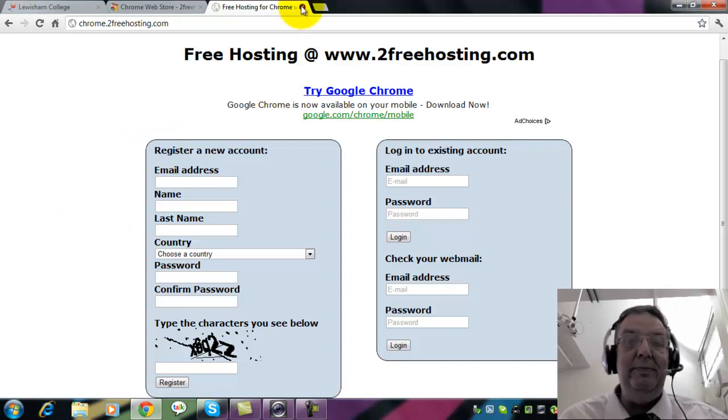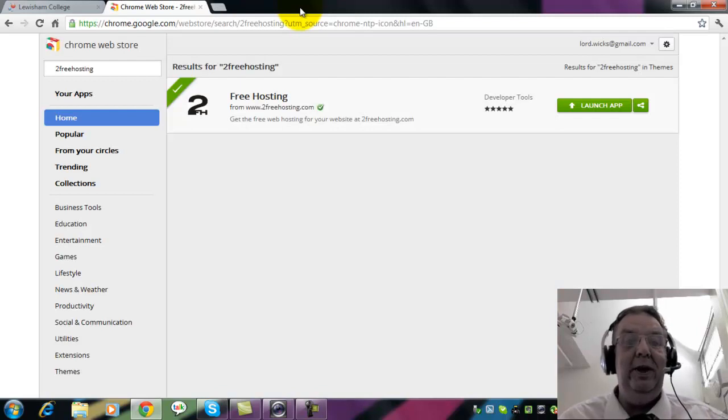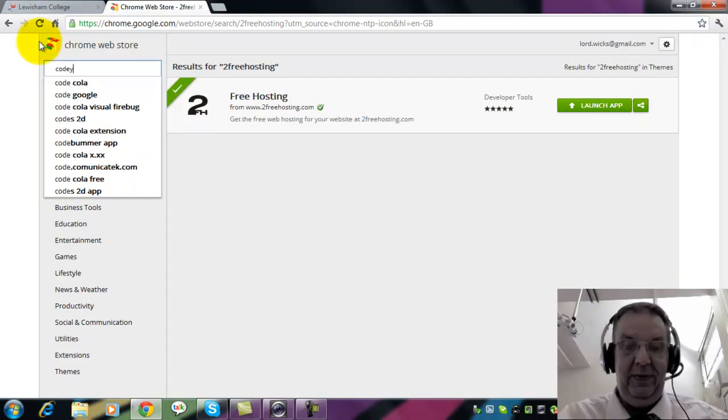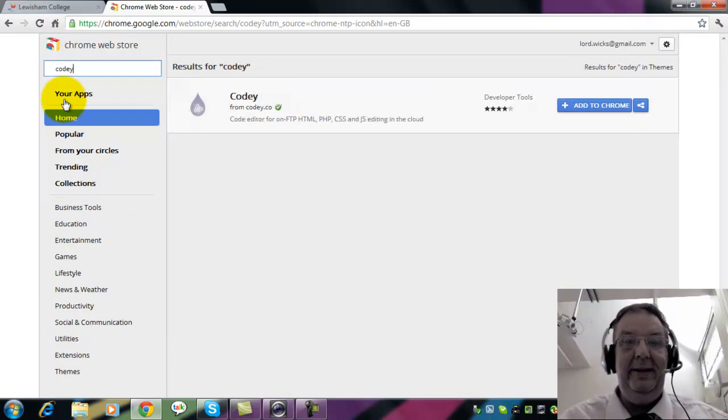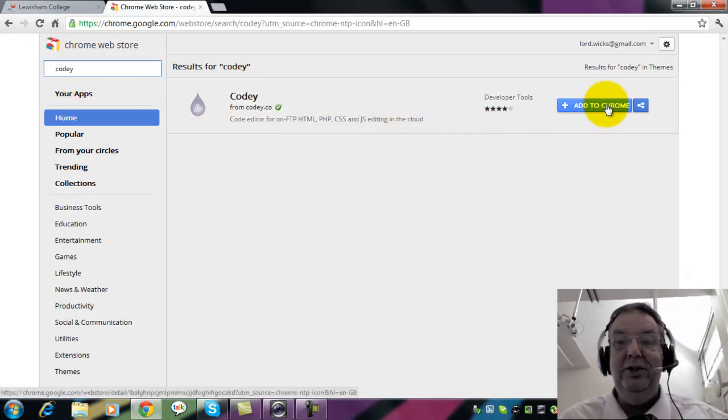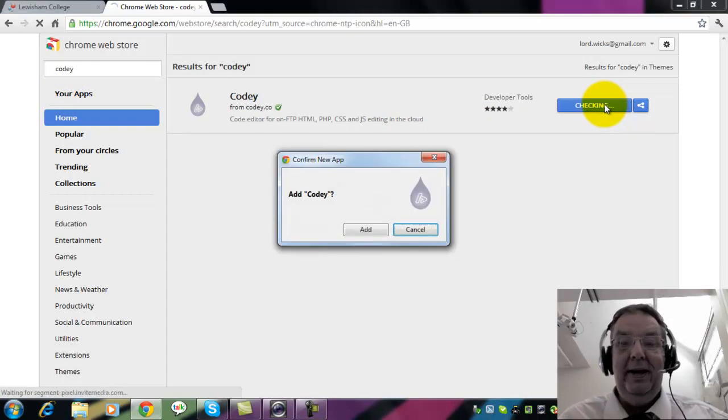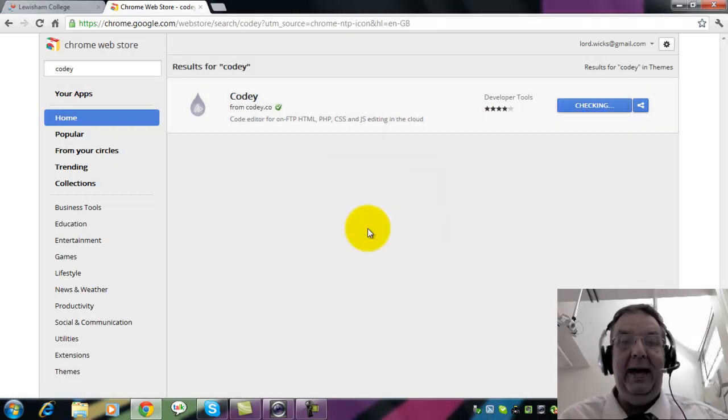But let's have a look at some of the other applications that we're going to need. If you're going to use free web hosting, then the next thing you're probably going to want is to create those web pages that are going to earn you millions. There's an excellent web editor called Kodi. You type in Kodi, press enter, and Kodi comes up as an application that you can add to Chrome. Click on that, add it,